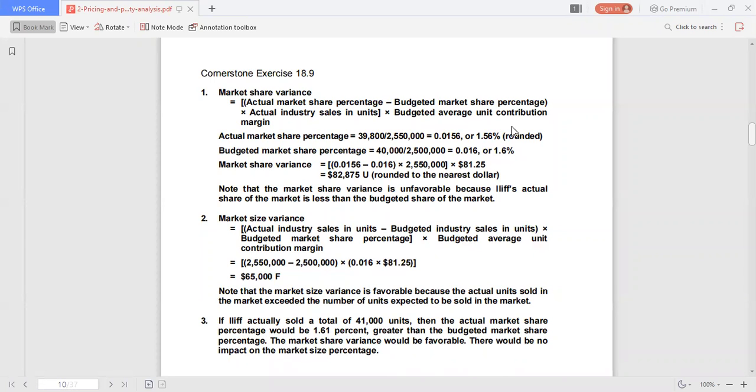So we have a favorable market size variance because the actual units sold exceeded the number of units budgeted or expected to be sold in the market. Now, what if Elif actually sold a total of 41,000 units